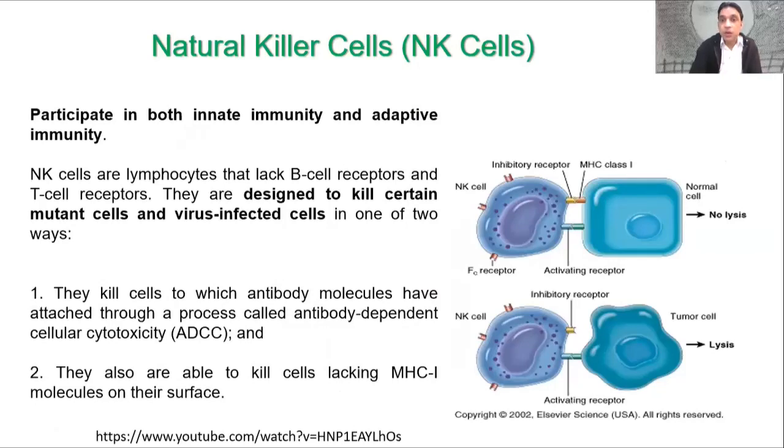Okay. And then the last one, the natural killer cells. They are members of the innate immune system. They are very special. They can kill cells. They are lymphocytes, but they lack B cell receptors and T cell receptors, so that means they cannot talk to them. They are designed to kill certain mutant cells or virus infected cells. They usually communicate with the help of certain receptors,